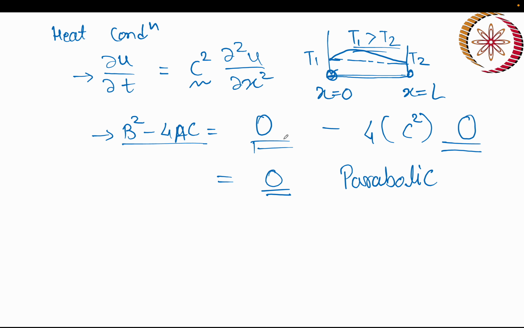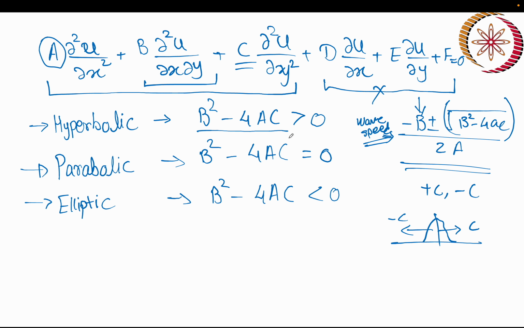Actually the b term is absent here, but still the time evolution has been incorporated in some way because of the other terms in this equation, and it is a parabolic equation. And then we'll see one example for hyperbolic,